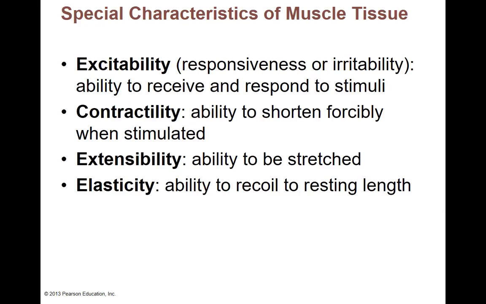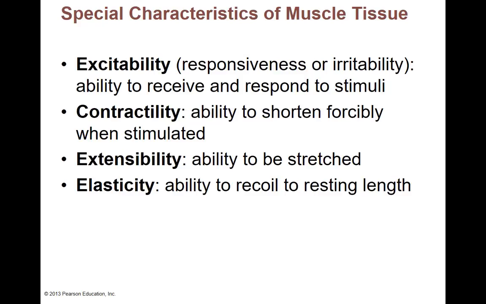Now, some special characteristics of muscle tissue. 4 interesting little terms that our muscle can do. 1, it's excitable, which means it can respond to information or respond to stimuli. So it's just kind of waiting for something to tell it what to do. That's the excitable part. Which system is going to tell the muscle to do something? The brain, the nervous system, which we just got done talking about. So it's going to receive information, it's going to respond to some type of stimuli,